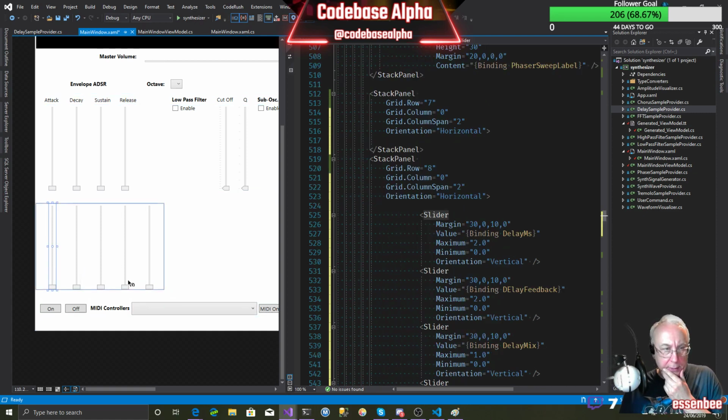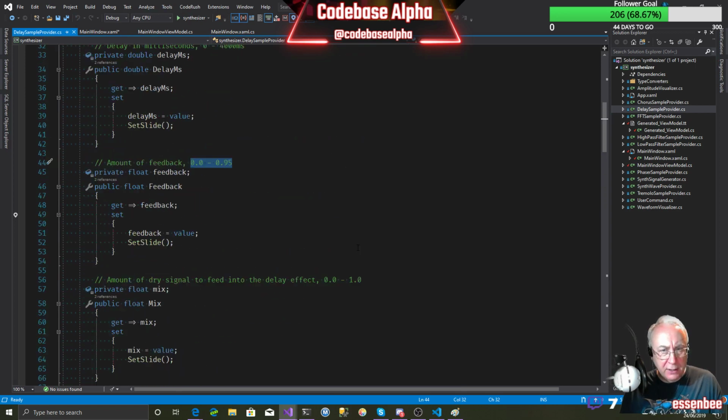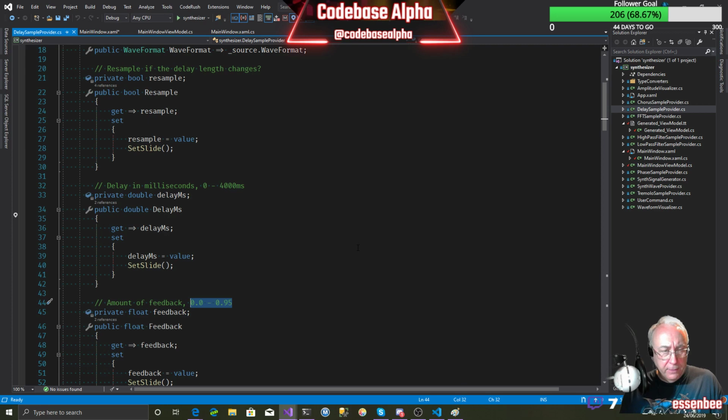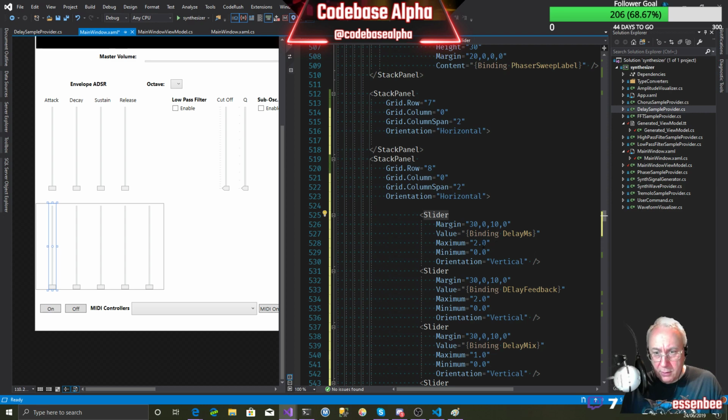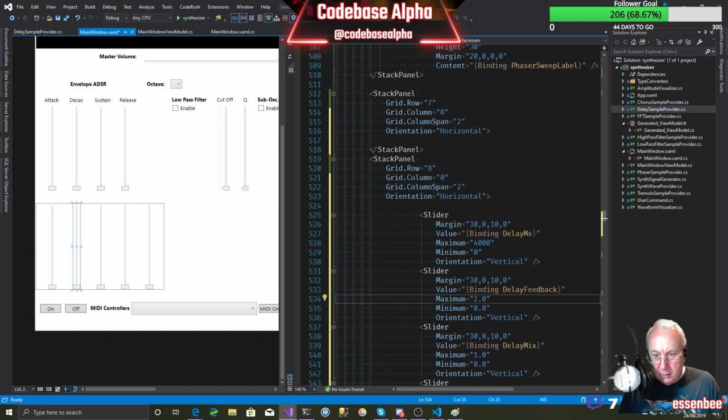Okay, let's just go to this one. So delay milliseconds. What are we saying the values range for delay milliseconds is? 0 to 4,000 milliseconds. Okay, so 0 to 4,000. Delay feedback we said was between 0 and 0.95